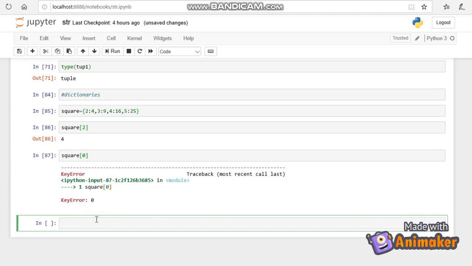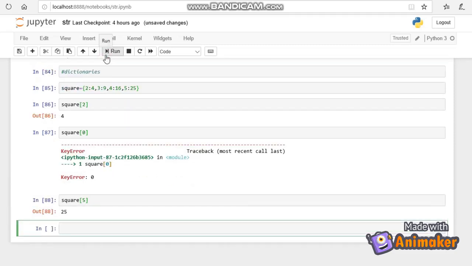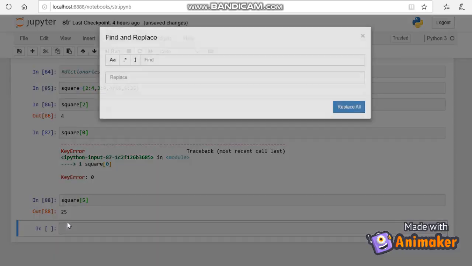Square of 5 will get 25. Okay. Now we'll see another example. Fruits.